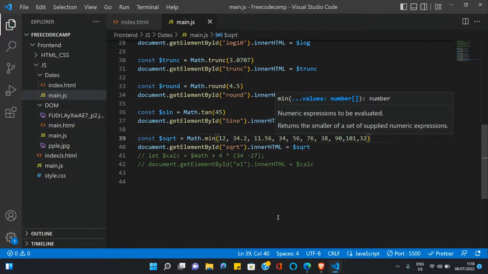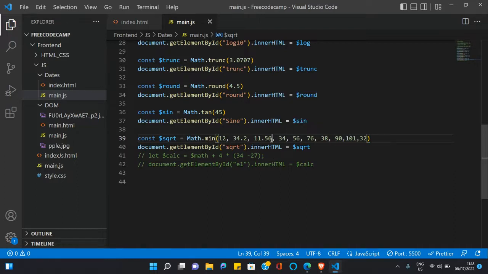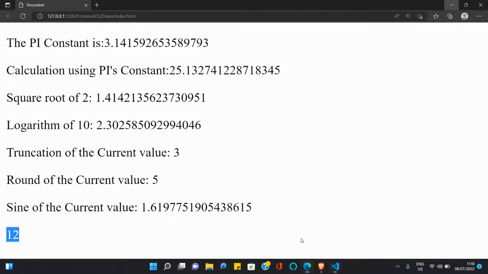So if I save this now, the smallest value here is actually 11.56. Or let me change 11.27. So let's see if this one actually works by giving us this digit and not this one. Yeah, and it also works the same. It gives us our float value of